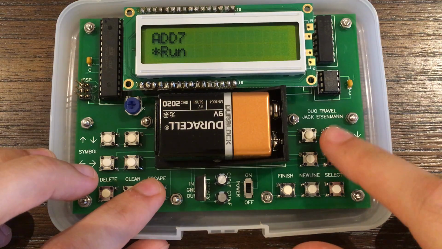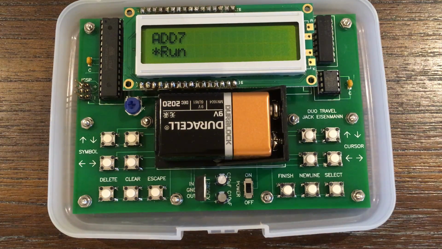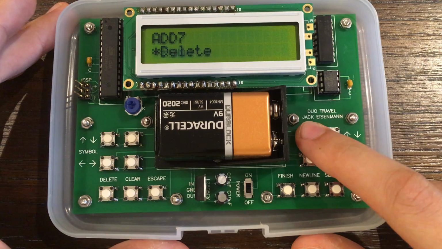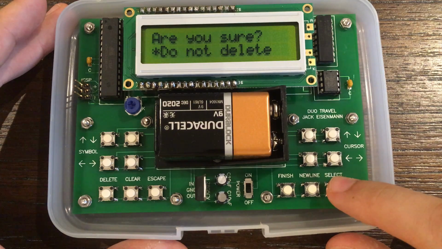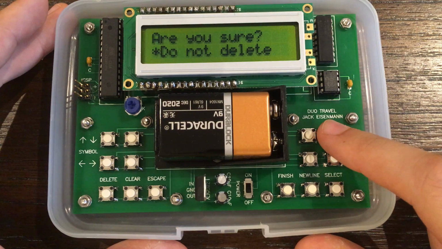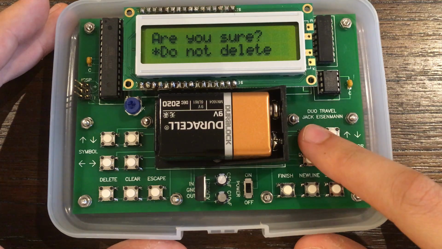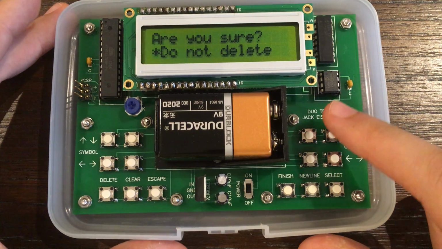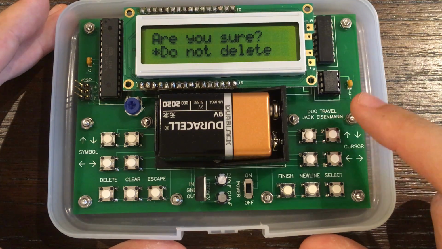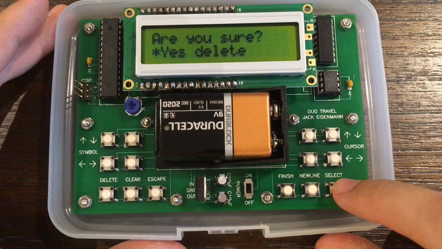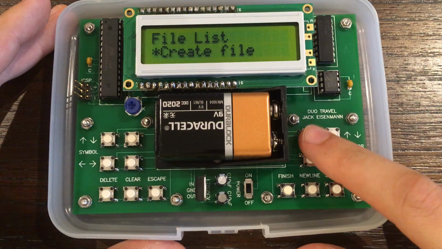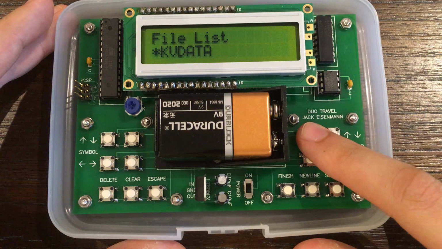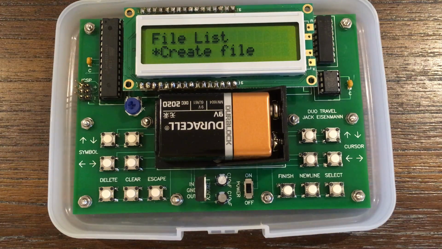Now suppose that we are sick and tired of add7 and we never want to see it again. Well, that's easy to take care of. All we have to do is scroll to the delete option, press select, and it will confirm that we do or do not want to delete the file. So by default, the do not delete option is selected. If we press down, we can scroll to the yes delete option and press select, and now our file is deleted. So now, if we scroll up, our program is no longer there